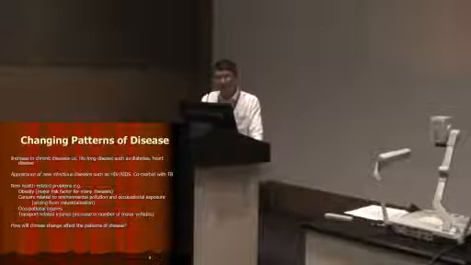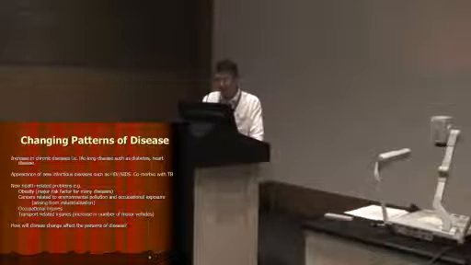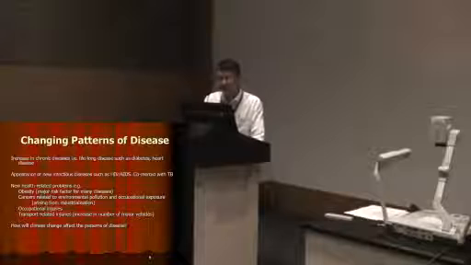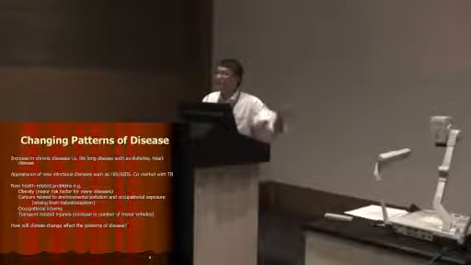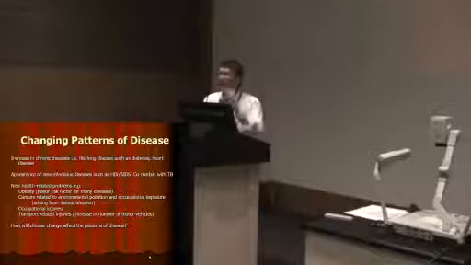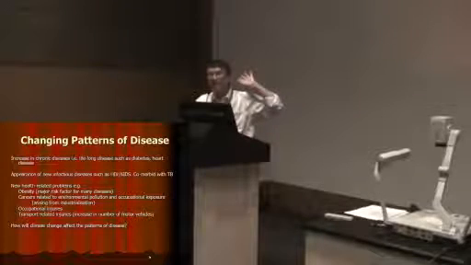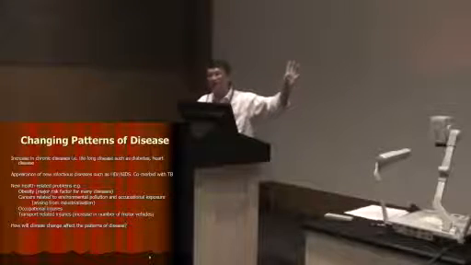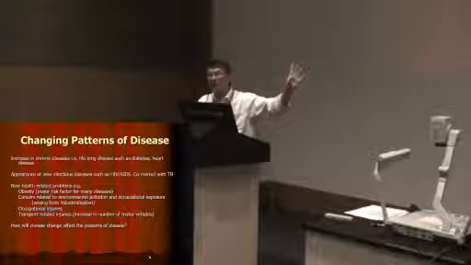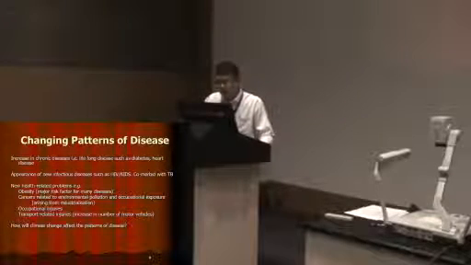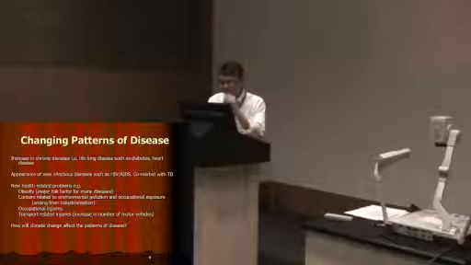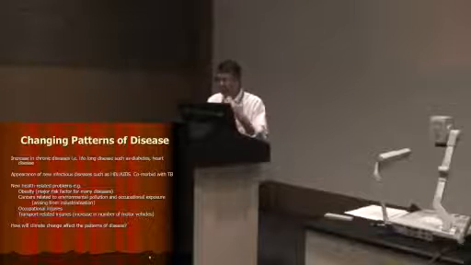Appearance of new infectious diseases such as HIV/AIDS. Later in the semester, you watch a movie called "And the Band Played On." It's a history of HIV/AIDS, right? How it was detected in the beginning until a few years later. HIV/AIDS is comorbid with TB. People infected with HIV are more likely to have TB.